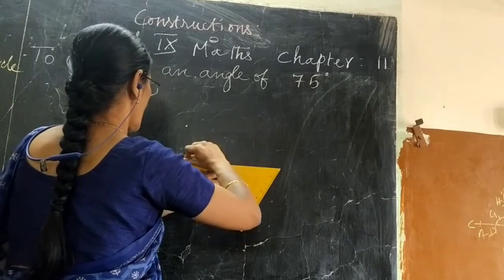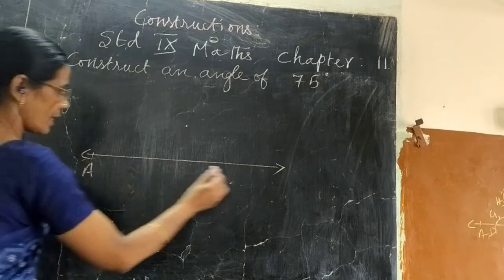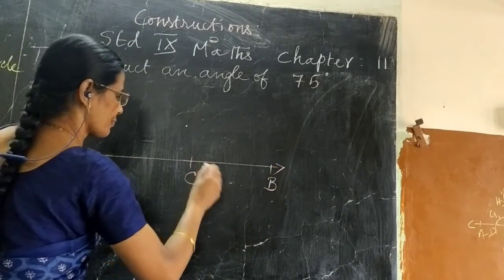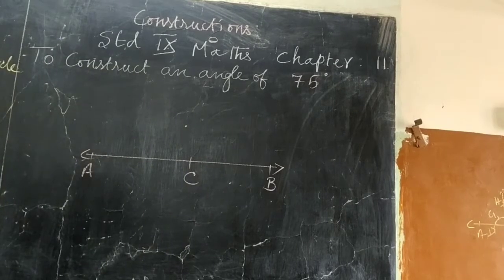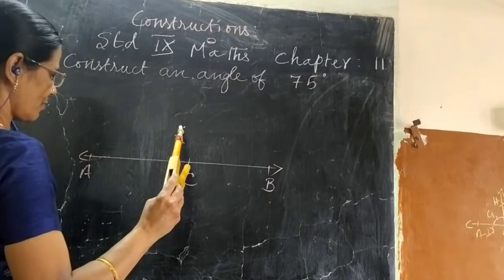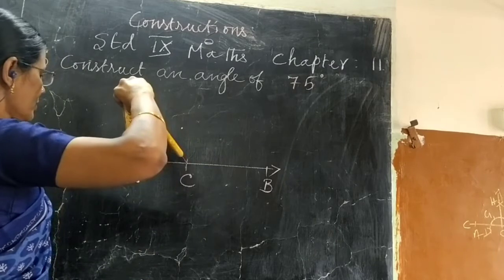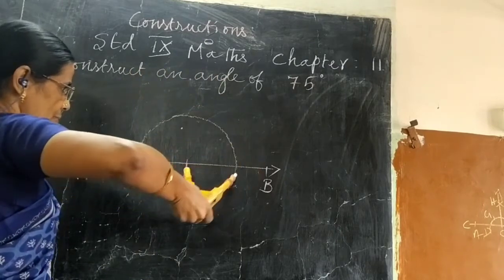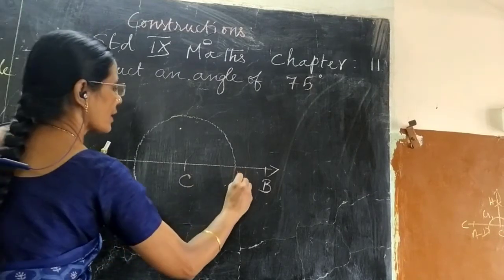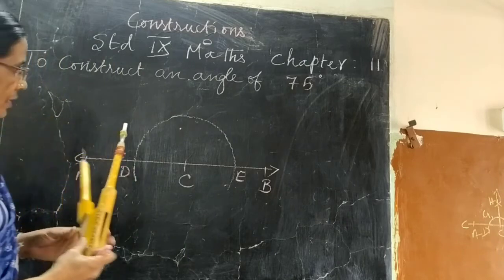So I have drawn a line AB. On the line AB, I take a point C on it. So first we are going to just do 90 degree construction. We have done it in the previous questions. So C center, any convenient radius, draw a semicircle. Let the semicircle intersect the line at E, and E center